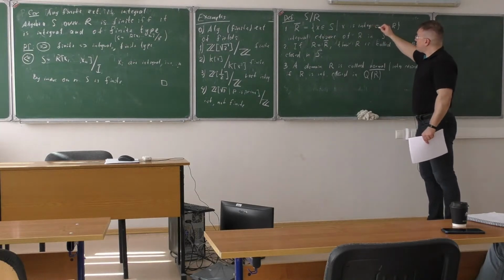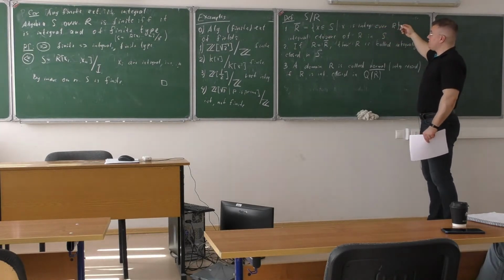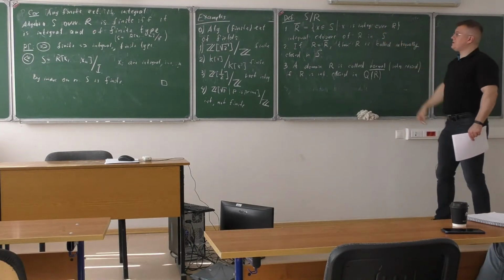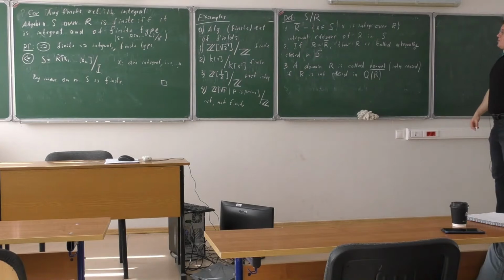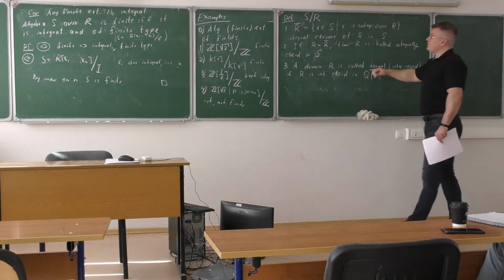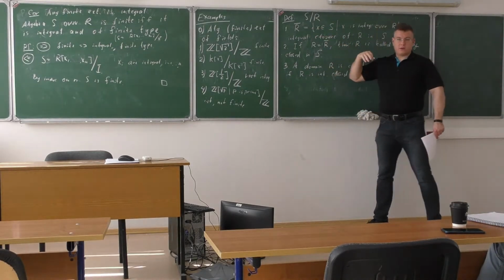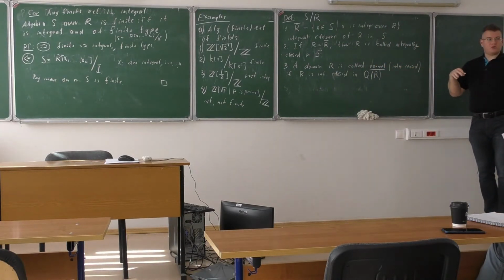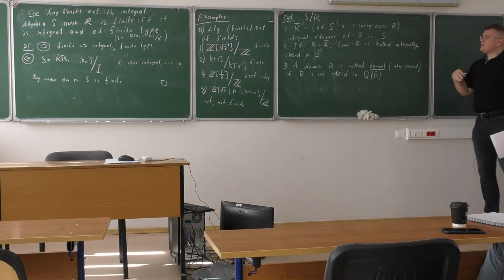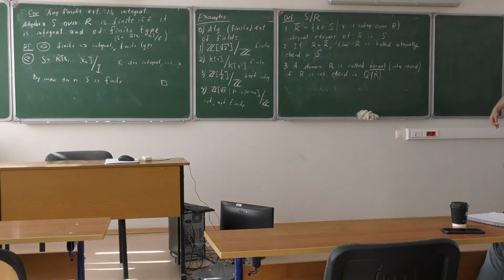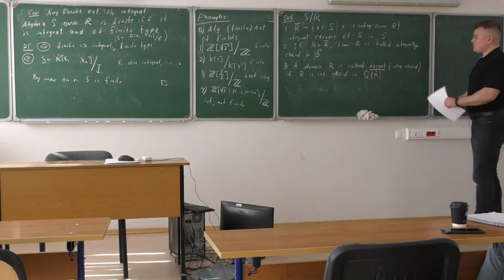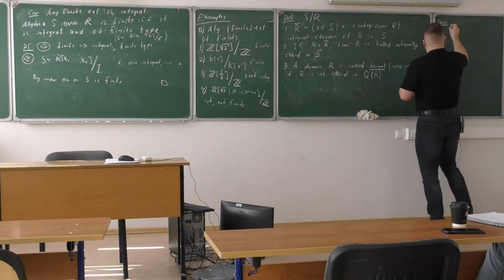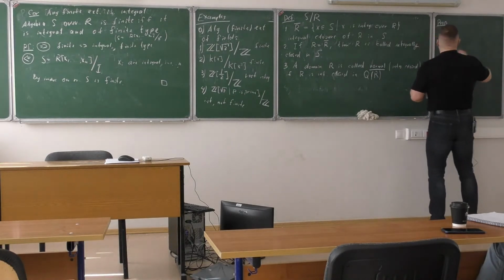So of course, the first question you probably want to ask about this definition is whether R bar is really a subring. So we need to show that this is a subring. Of course, a naive approach is to take two elements x and y, with equations of integral dependence, and derive an equation for the sum and for the product. Well, it is possible, but this is not the best way to solve this problem. The best way is to prove the following proposition, with two parts.